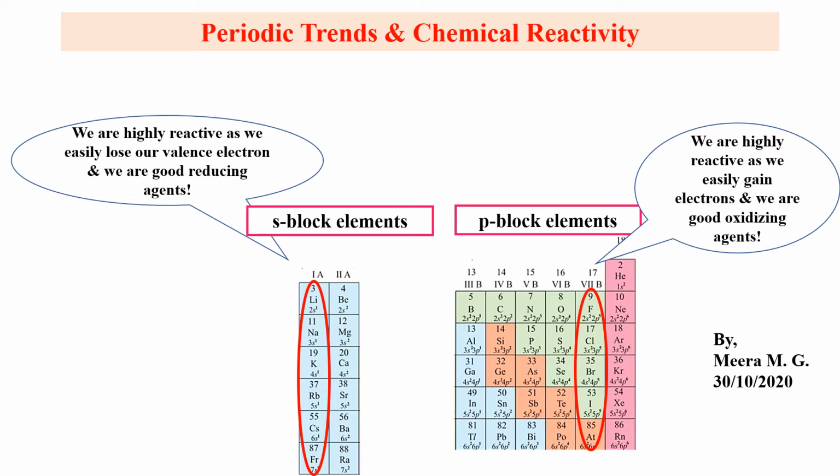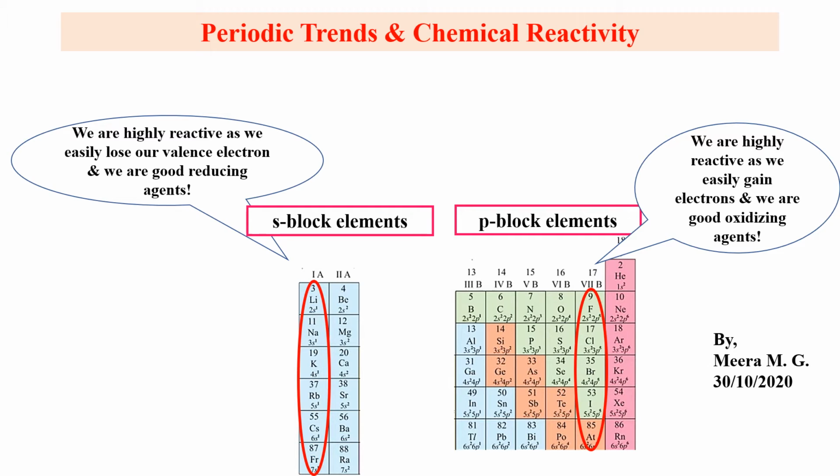In the last few videos, I explained the periodic trends in certain fundamental properties like atomic and ionic radii, ionization enthalpy, electron gain enthalpy, electronegativity and valence. And by now, we know that the periodicity in these properties is related to the electronic configurations of elements. That is, all chemical and physical properties exhibited by elements are just the outcomes of the electronic configuration of elements.